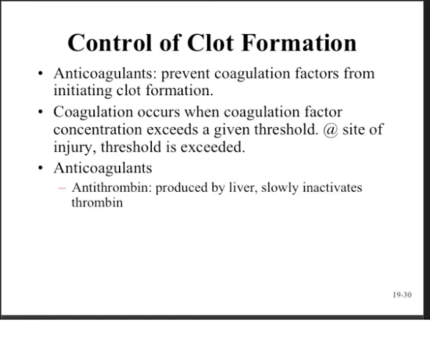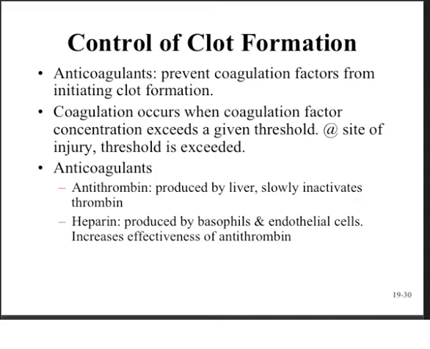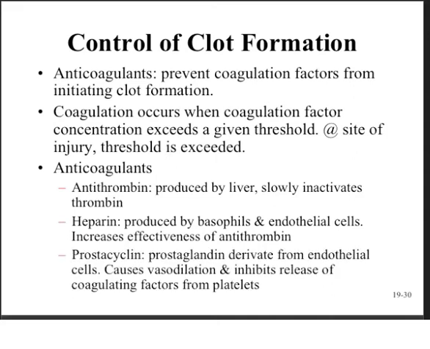Anticoagulants that circulate to essentially undo this process or keep it from spontaneously happening include antithrombin, which is made by the liver and slowly inactivates thrombin, and heparin, which is produced by basophils and endothelial cells, and it increases the effectiveness of antithrombin. Prostacyclin is a prostaglandin derivative from endothelial cells. Remember, these are derived from free fatty acids, and they promote vasodilation and inhibit the release of coagulating factors from